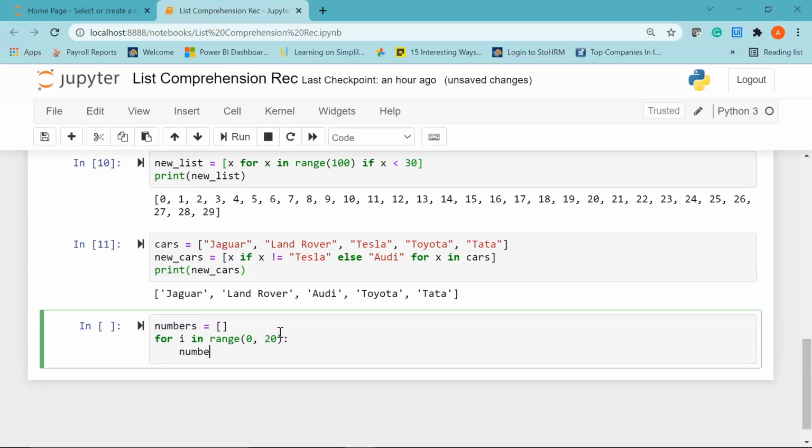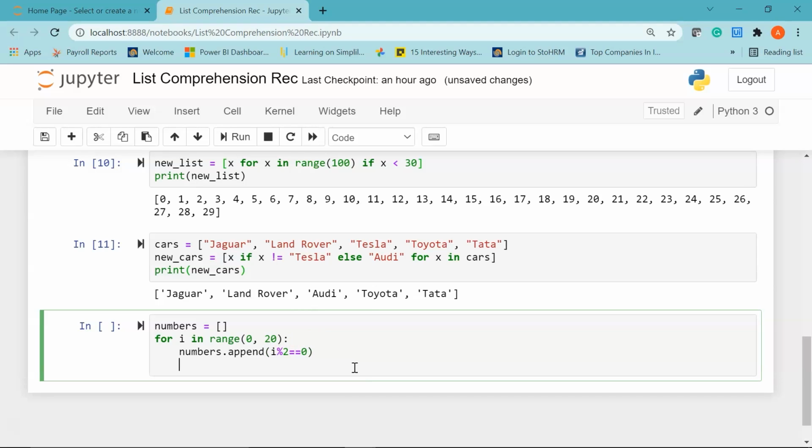I'll say numbers dot append, and I'm going to give my condition: i % 2 should be equal to 0. This means within the range 0 to 20, I'm checking for numbers that are divisible by 2. I am seeing if the remainder is 0, then I'll say print numbers.